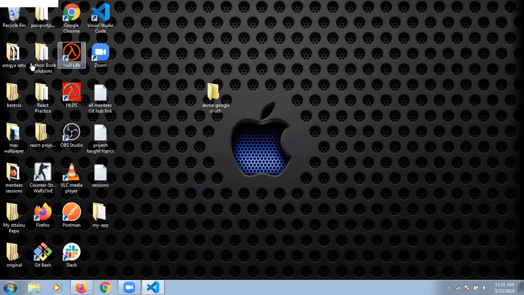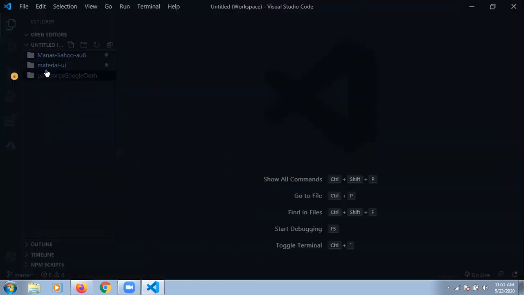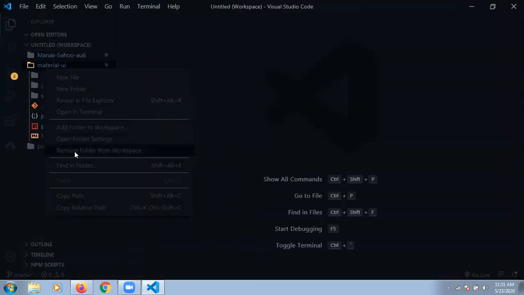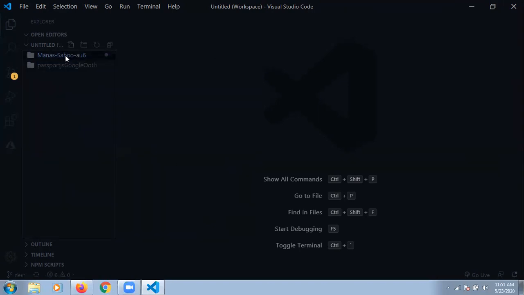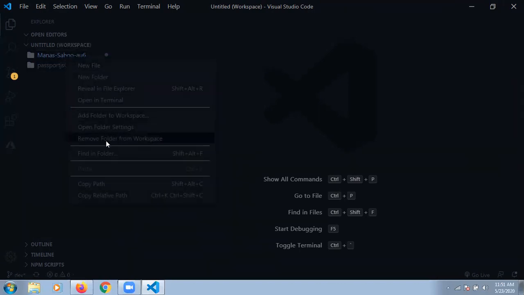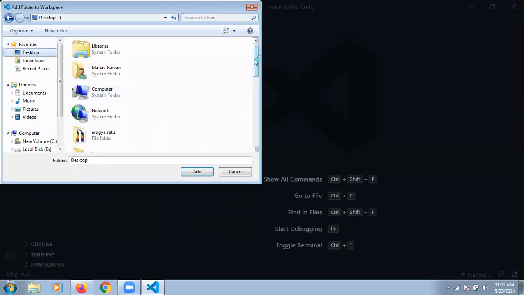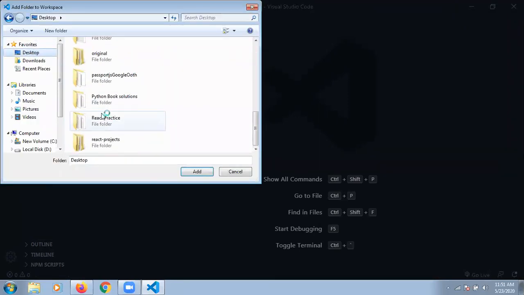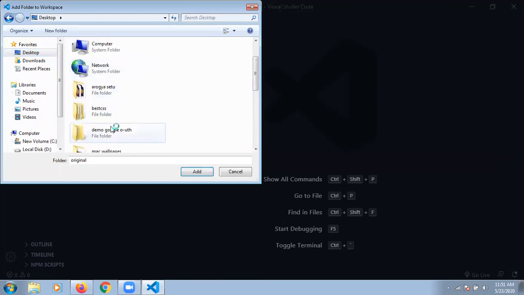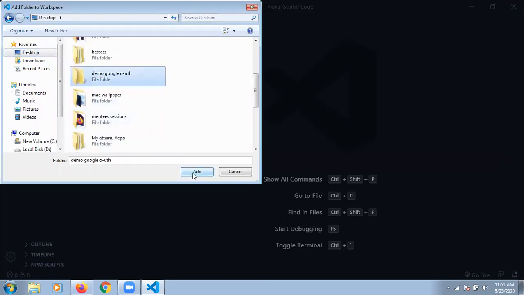I'm already making a directory, and I'm removing the unwanted directories here. I'm going to add a directory again, the demo application.